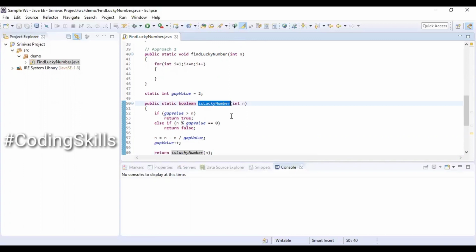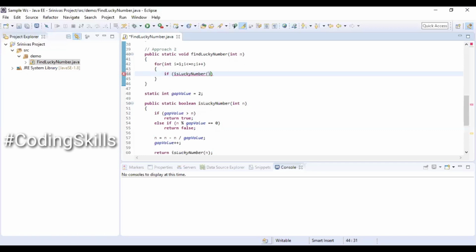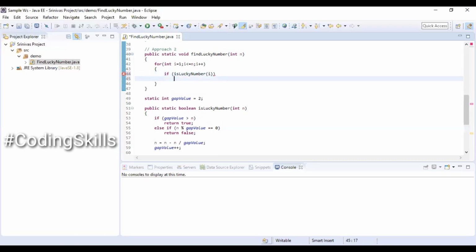So we will be calling this method inside the second approach logic by using an if condition. If isLuckyNumber of i, then we are going to print the value of i.